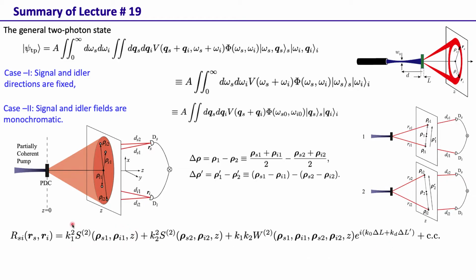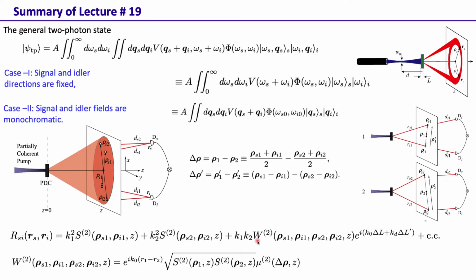The first term is essentially the coincidence count rate if only alternative 1 was allowed. The second term is the coincidence count rate when only alternative 2 is allowed, and the third and fourth are the cross terms when both these alternatives are there and when they can interfere with each other. This quantity W2, we call the two photon cross spectral density, and this S2 of rho S1, rho I1, we call the two photon spectral density in alternative 1, and this is the two photon spectral density in alternative 2. And this mu2 that shows up here, we define as the degree of